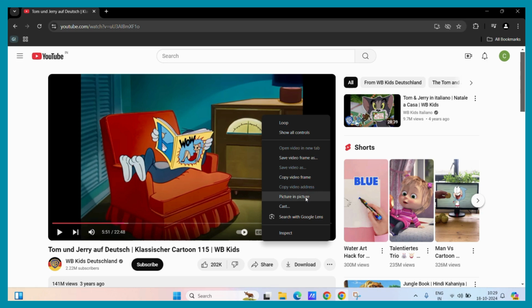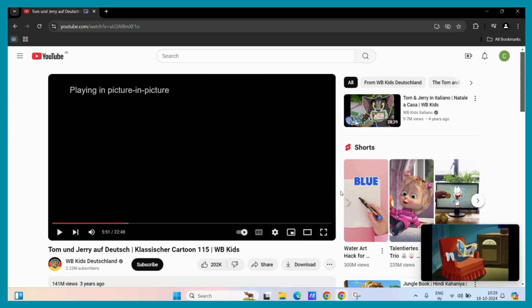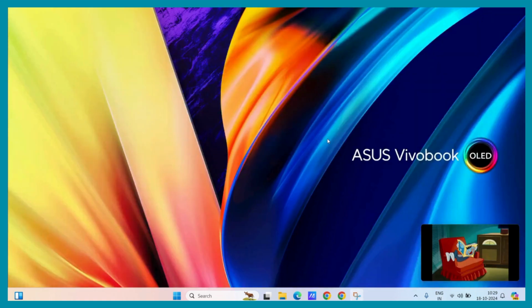All you need to do is simply click on this option, and now you can see that your video has been enabled in picture-in-picture mode. Now you can minimize your Google Chrome and work with any other application, or simply enjoy by clicking this play button,